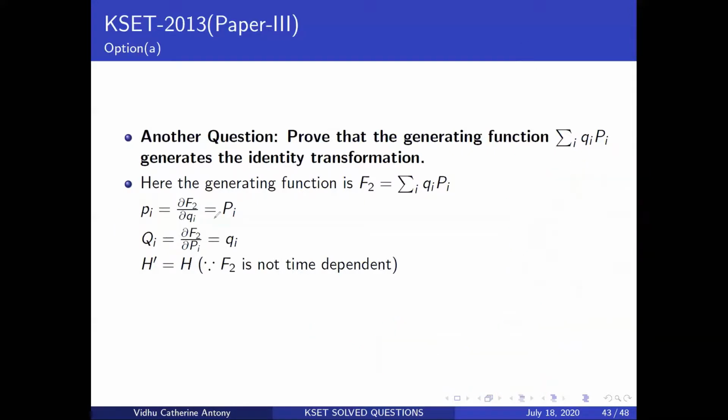So you realize that you have a pi and you have a qi. When your little pi is equal to your big Pi and your little qi is equal to your big Qi is when you have the identity transformation. Your old coordinates map exactly to your new coordinates. That's when you have identity transformations.